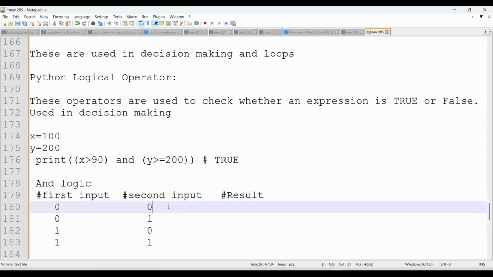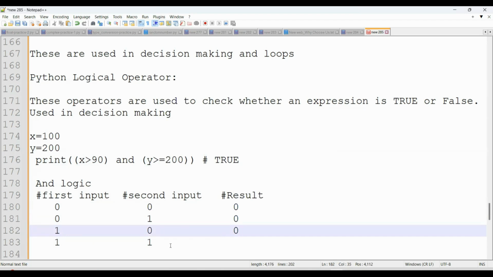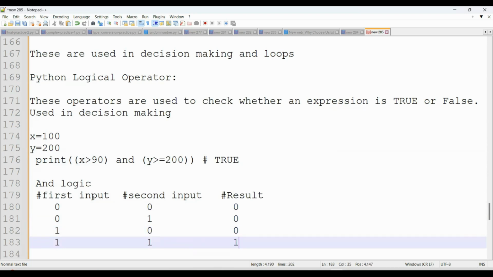So in this case, first input, second input, ANDing. We are multiplying basically: 0 into 0, 0. Here 0 into 1, 0. Here 1 into 0, 0. 1 into 1, 1. So likewise, if you see the first one, print statement, x greater than 90, 100 greater